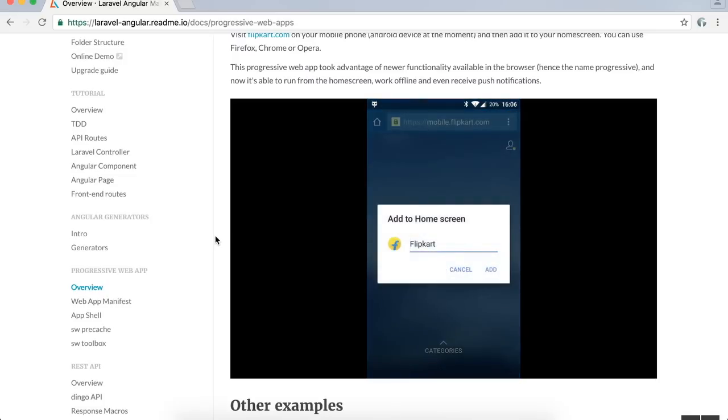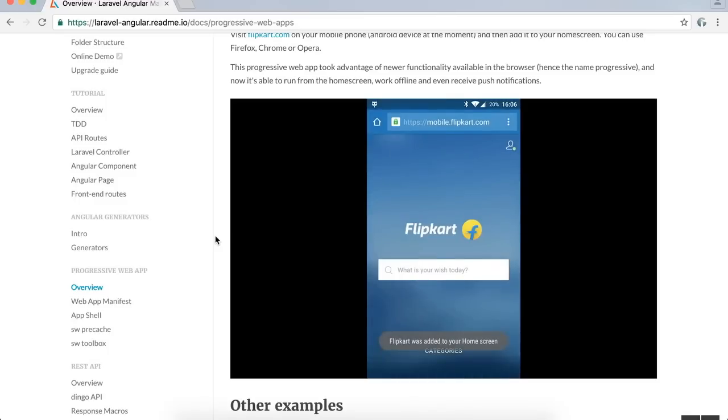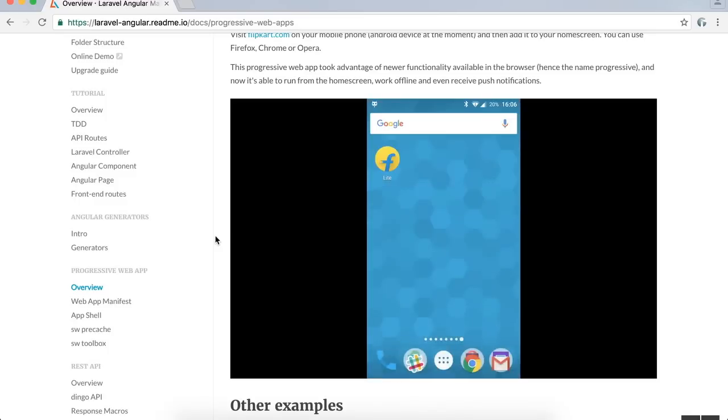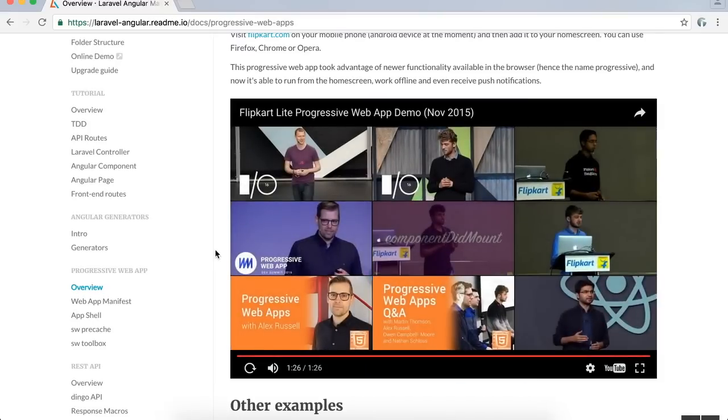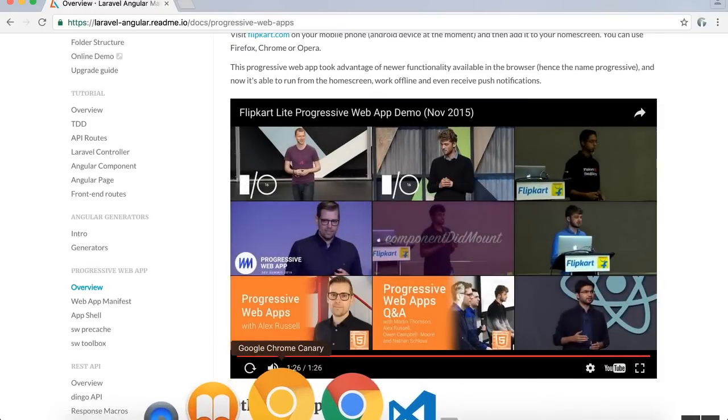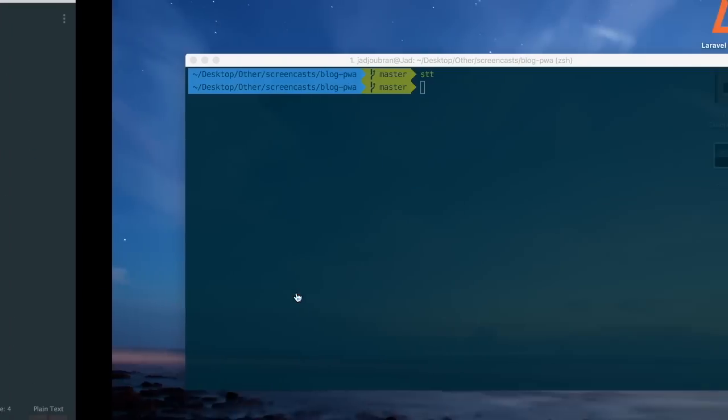And that's how you add it to your home screen. And by the way, this is working right now on Chrome, Firefox, and Opera, and more browsers are coming soon. I'm going to use Chrome Canary because it makes it much easier to debug progressive web apps. However, 2 days ago, Chrome 52 was released, and now you don't need to use Chrome Canary, so you can